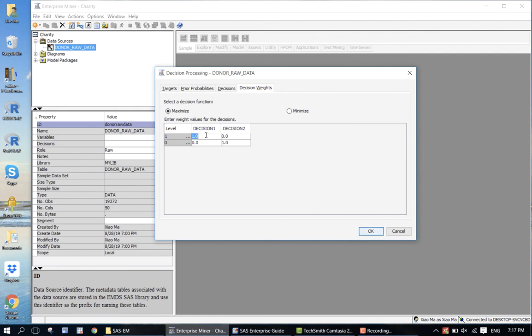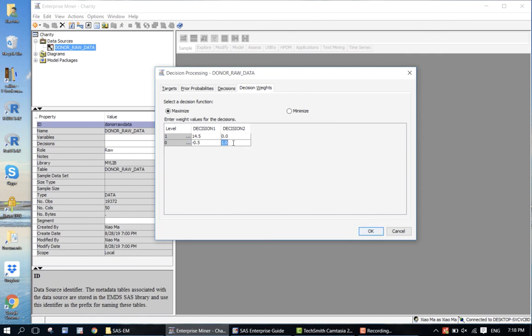Let's say the check is expected to be $15, and minus the 50 cents is 14.5. So that's the expected return or profit of this decision under this condition. What's the other condition? You send a mail, but you didn't get a check. So that is going to be minus 0.5. You have some costs,